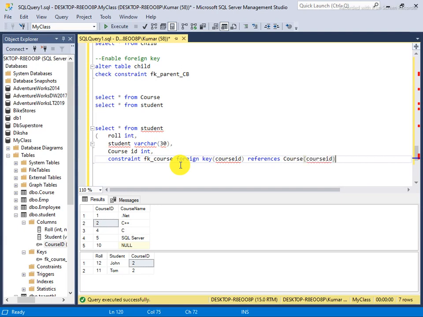But there is something we skip here. There is always you have to mention on delete. So what you want? By default it's a no action. Okay, that's the reason it restricts us from doing anything.